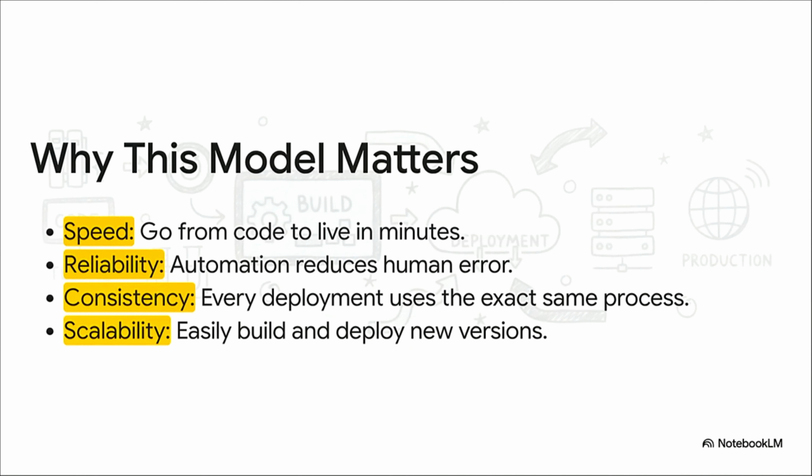Second, reliability. Robots don't make typos. Automation just crushes the human errors that can cause outages. Third, consistency. Every single update is built and deployed using the exact same proof and process. And finally, scalability. Releasing a new version is as easy as just feeding new raw materials into our already running